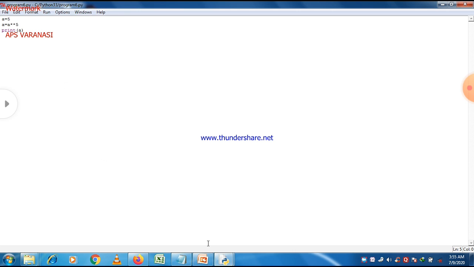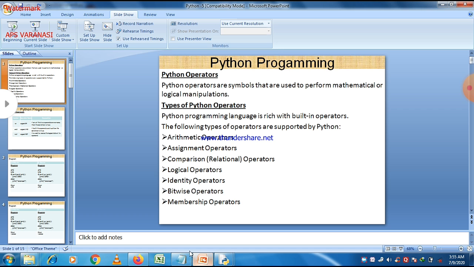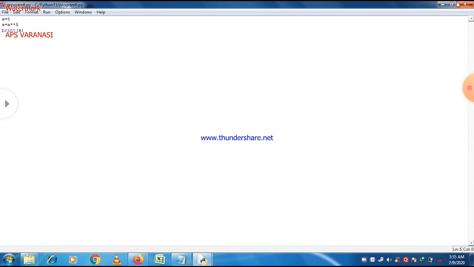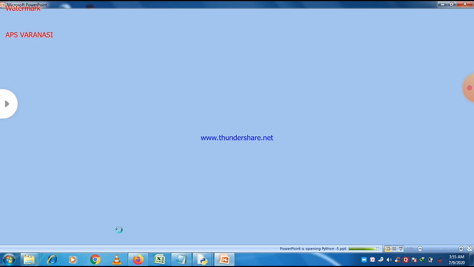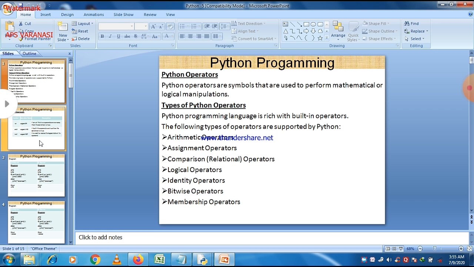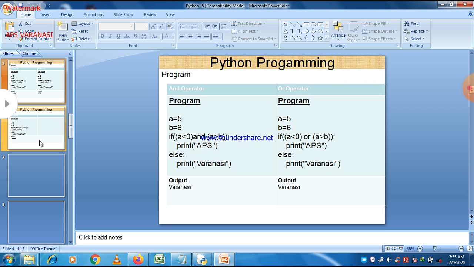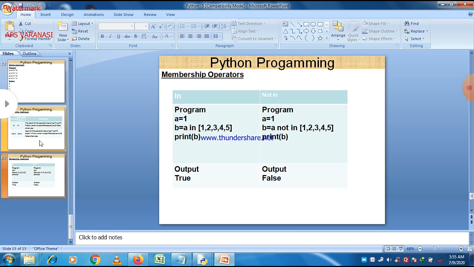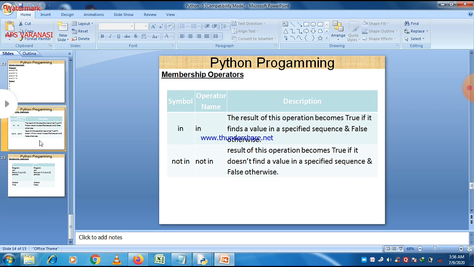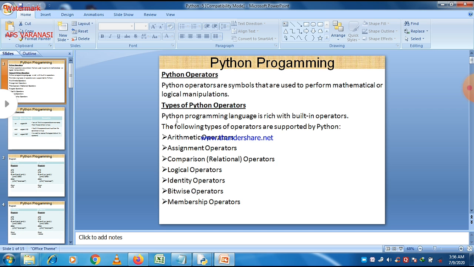Now let us take some more examples regarding assignment operators in Python. This is example number 1 here.